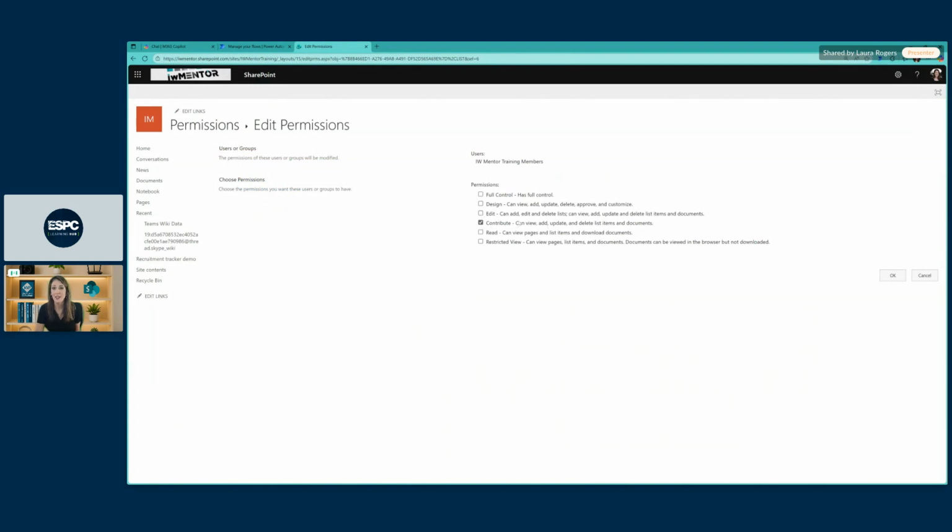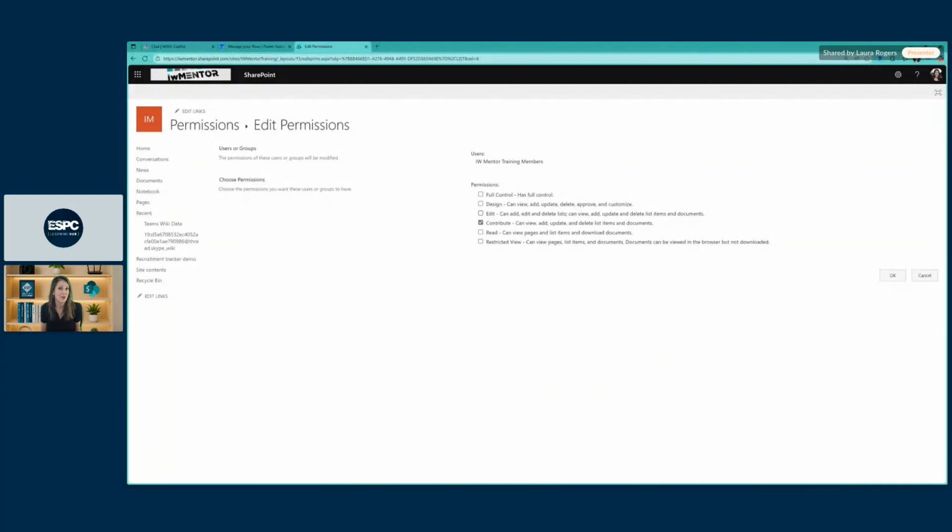This is kind of a little tricky verbiage that Microsoft uses here, because edit means they can add, edit, and delete entire lists and libraries and manage all the settings on the entire lists and libraries. They can change the columns, they can delete columns, they can change all the public views, they can just go into the list settings and do whatever they want. And by default, every member of your site can do this on every list and library. So I like to go down. Now there is not an ability to just change this globally for the whole site, to just change it so everybody has contribute on every list and library on the whole site.